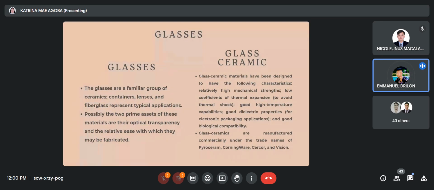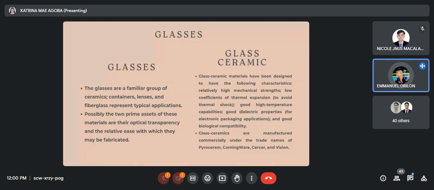Glass ceramic materials have been designed to have the following characteristics: relatively high mechanical strength, low coefficients of thermal expansion to avoid thermal shock, good high temperature capabilities, good dielectric properties for electronic packaging applications, and good biological compatibility. Glass ceramics are manufactured commercially under the trade names of Pyroceram,